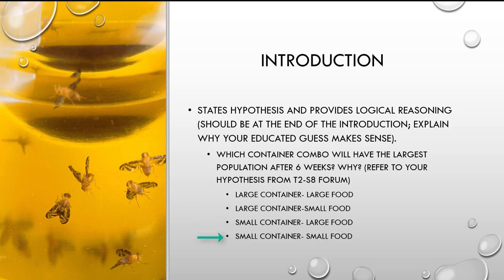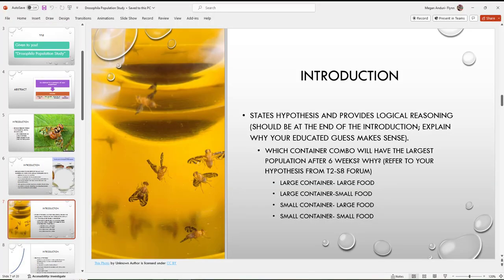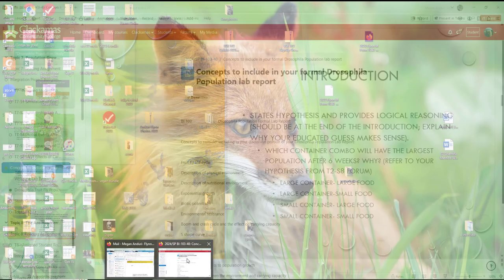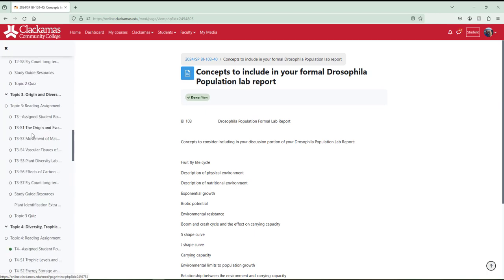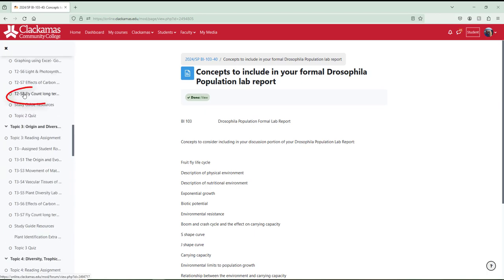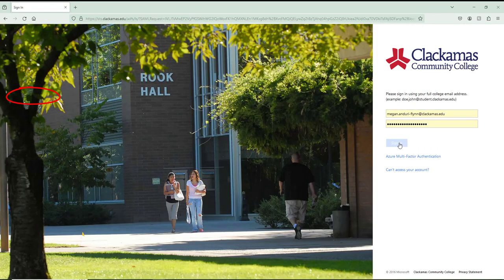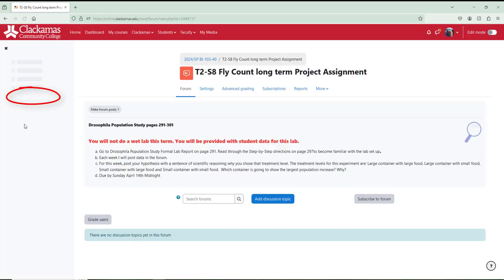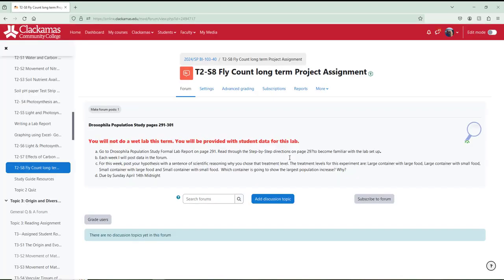So instead of coming up with a hypothesis now, you'll want to refer to your original hypothesis at the beginning of the term. So you'll want to go back to topic 2, step 8 in the forums. So we'll want to go back into Moodle and go back to topic 2, step 8. Oops. It always kicks me out. Okay, so this is where